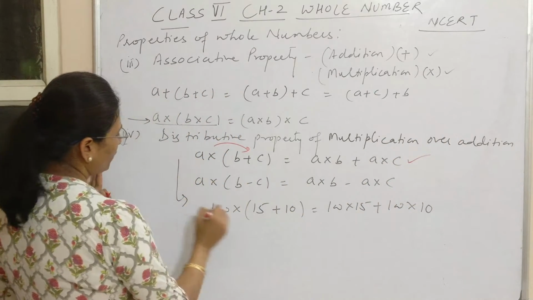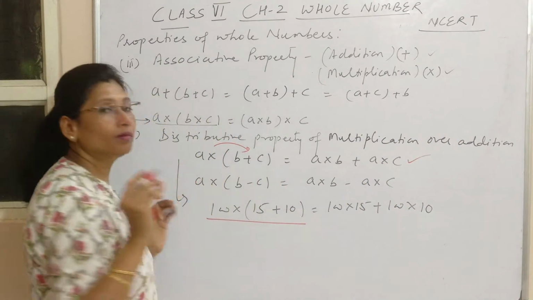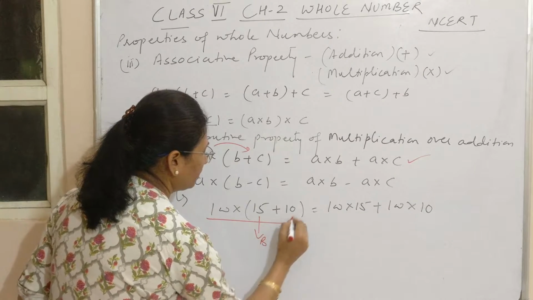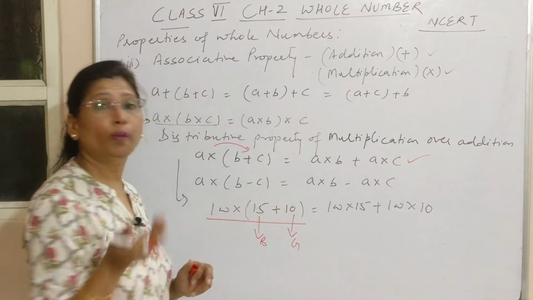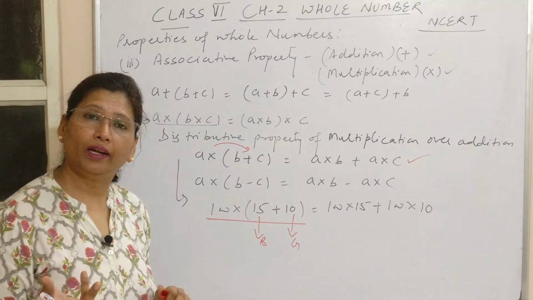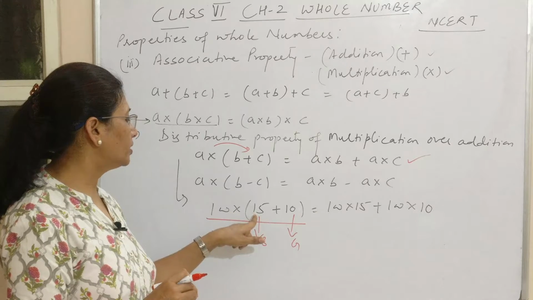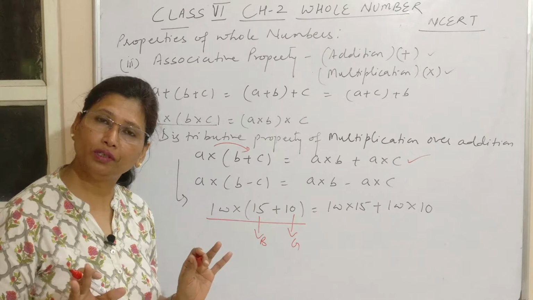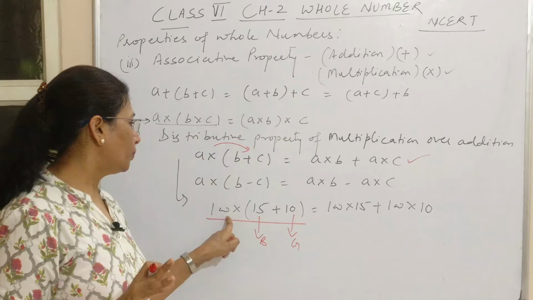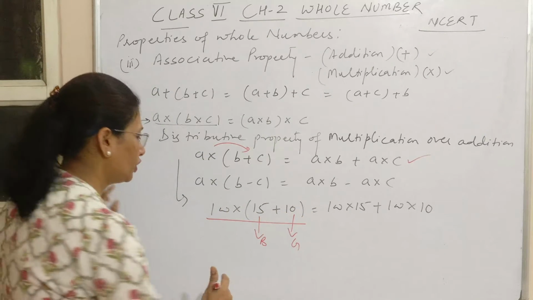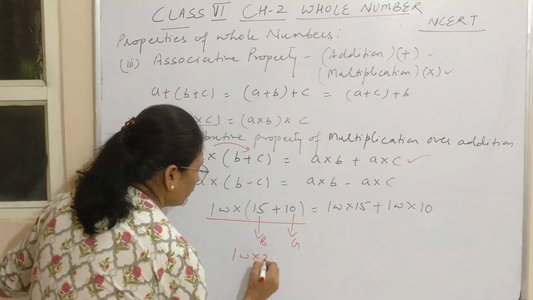An example I always give to my students: let us suppose a class of 15 boys and 10 girls. They are going for a picnic. So there are two ways of collecting the money. Either the teacher collects the money from all the children together. So this is 100 rupees the teacher is collecting from all the children, 15 plus 10, 25. So the teacher is able to collect 2500 rupees.